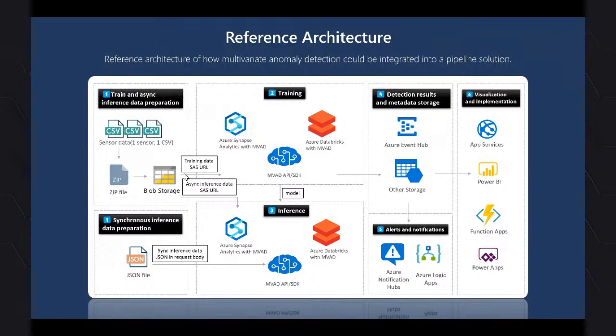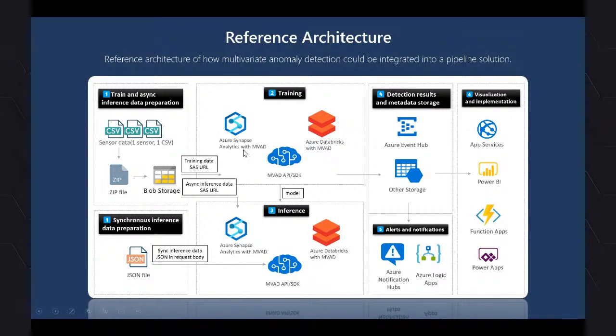And for synchronized inference data preparation, we really simplified the way, because if you are doing synchronized inference, this API will not need a really large input, because you just want to detect one or just two data points for one API call. So that's a way we can provide: you can ingest your data in JSON format into the request body for inference. And after you do this kind of data preparation, you can go to the training part